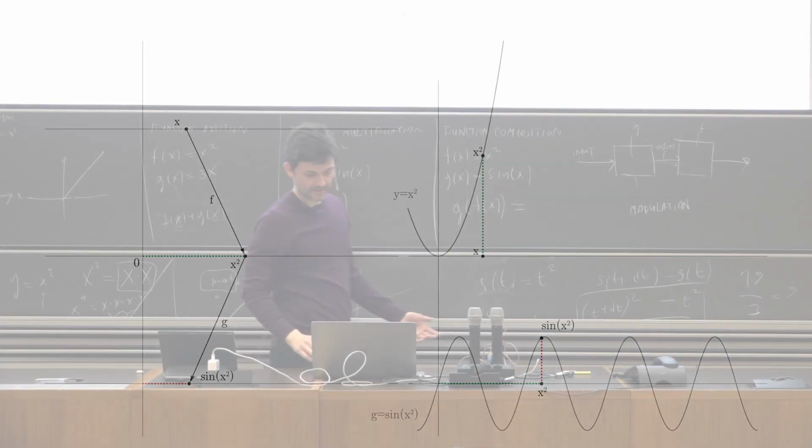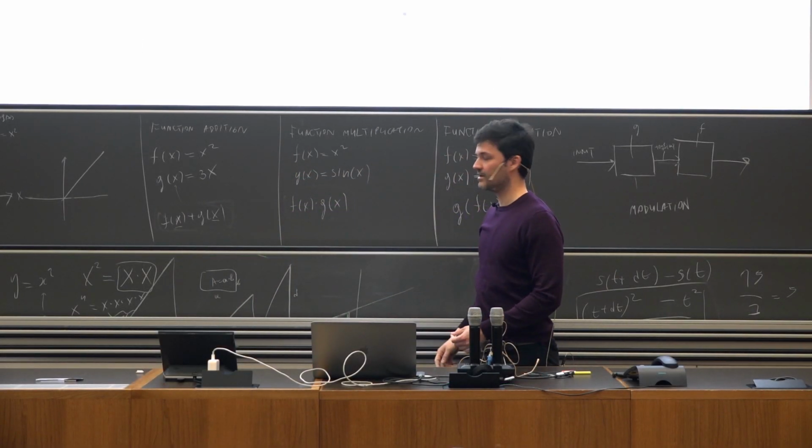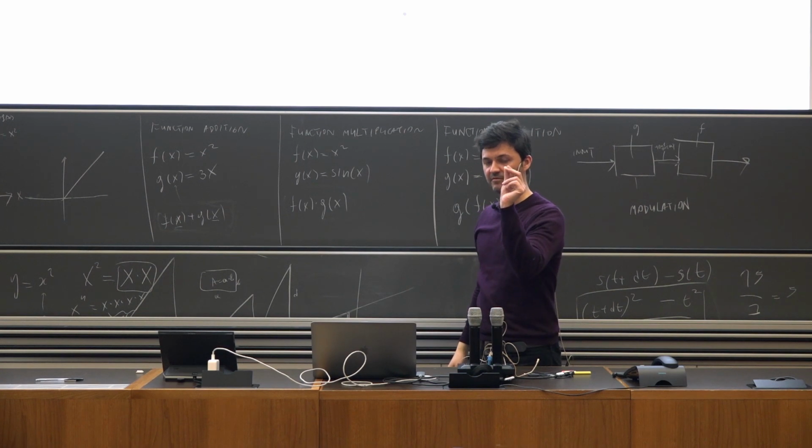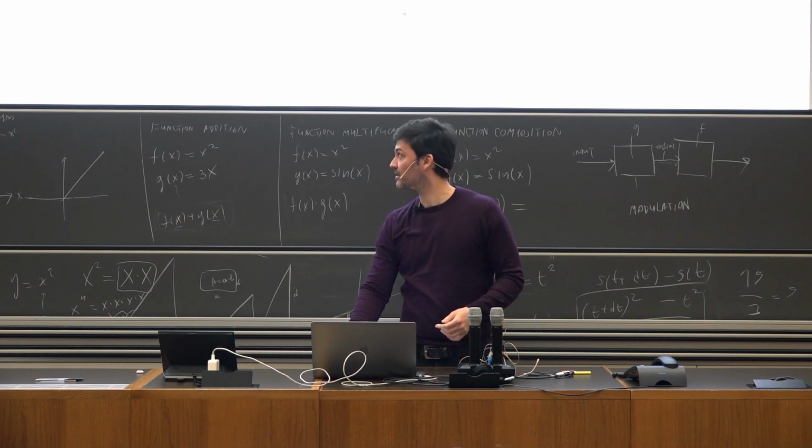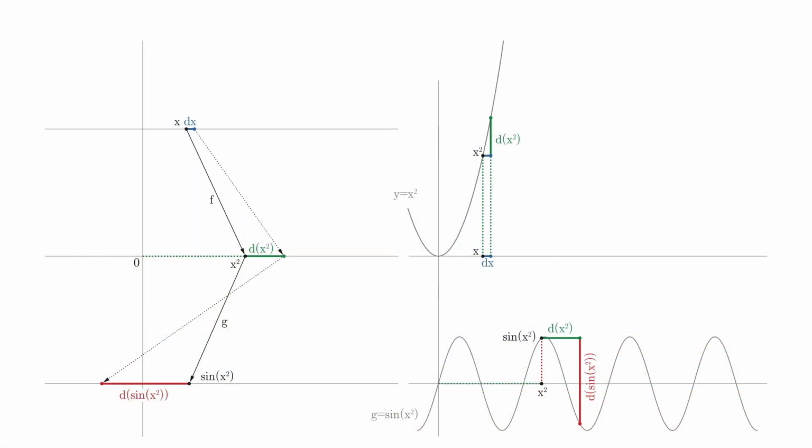And now the question of the derivative is, again, the same thing. What happens when we change the input by a tiny, tiny amount, when we add the infinitesimal? When we add it, you can see that we add dx. Then dx causes an infinitesimal change in the output of x squared, which is d of x squared, the green line. And then d of x squared changes the input of this function and causes the output d of sine of x squared. So we're always doing the same procedure to all of these operations.